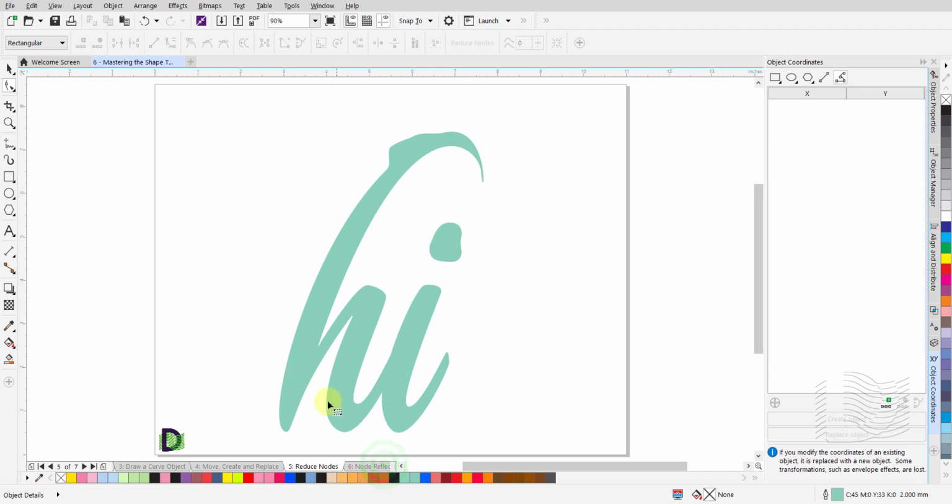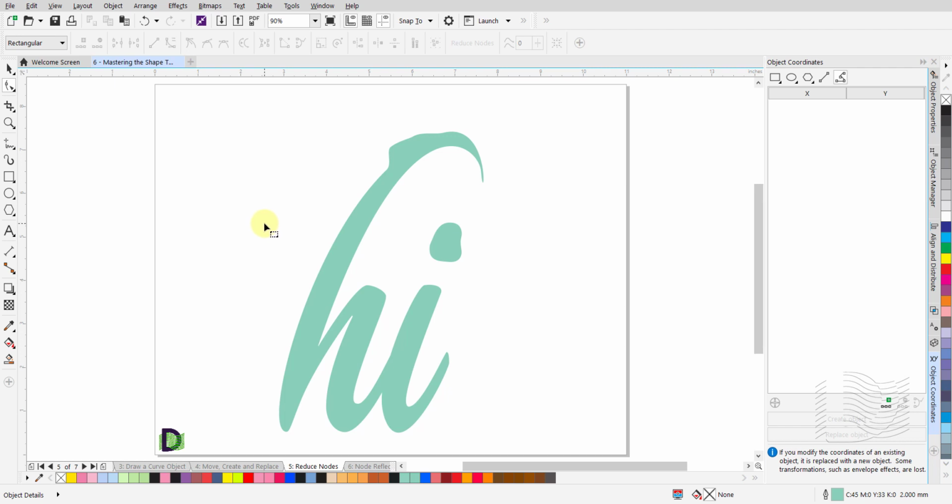Increasing the number of nodes increases the number of segments. This helps control the shape of the object. But it also makes it difficult to edit and send it to an output device, such as cutters and vinyl printers. To fix this concern, you can reduce the number of nodes on a curve. By reducing the number of nodes, you are also able to automatically get a smoother curve.